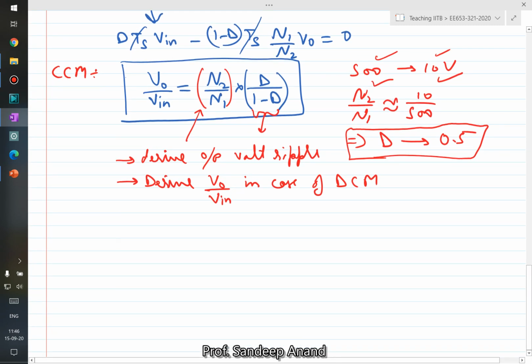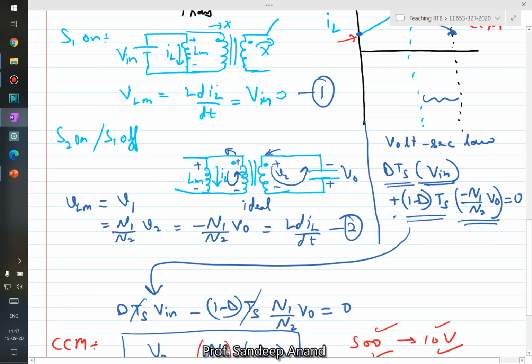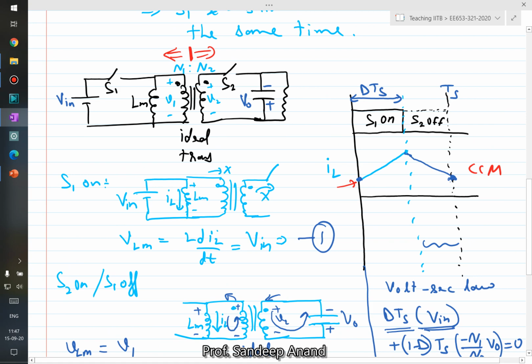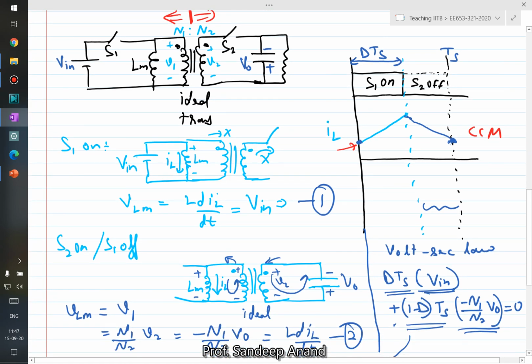Right, now you might ask me that since we are applying DC, we started with that discussion: why does the transformer not saturate? So you have your answer. If I draw the voltage across the magnetizing inductance, in the first part it is positive, in the second part it is negative. Therefore the transformer is not seeing a DC voltage, it is seeing an alternating voltage, an AC voltage, and therefore the transformer in this circuit does not saturate.